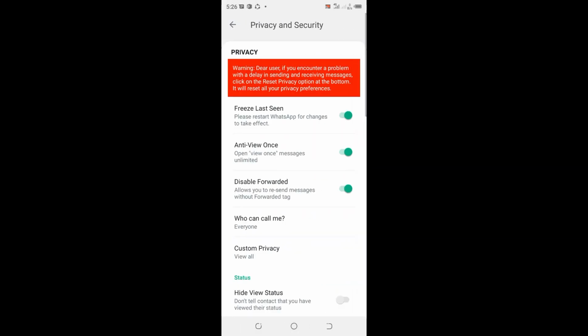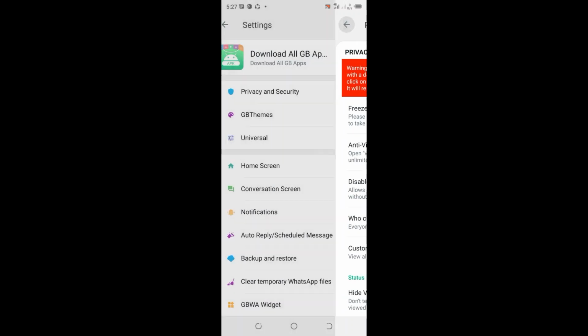Get to privacy and security. Come up to here, we have freeze Rust scene. If it is turned off, turn it on. And that is how you activate freeze Rust scene. If we get back,